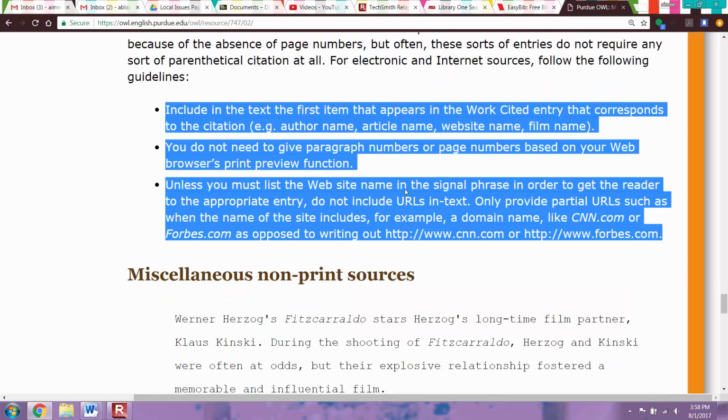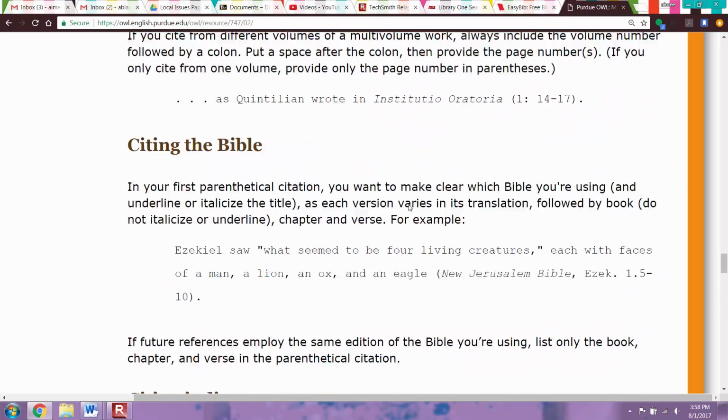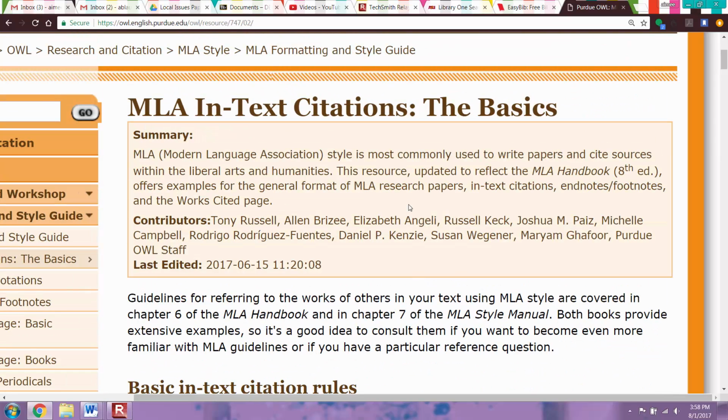Okay, so you will need to know how to use in-text citations and how to create a works cited using MLA 8 updates. So I hope that was